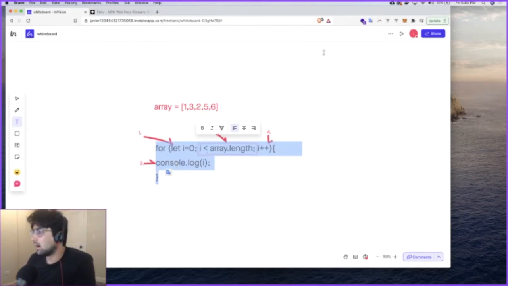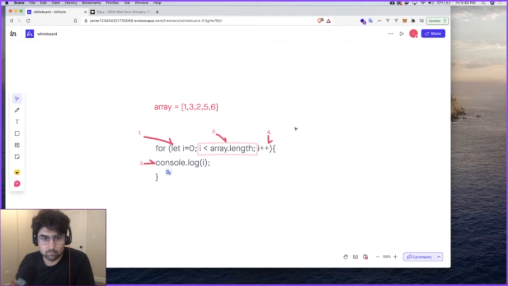So if I is less than array.length, is it going to print all of the numbers? Yeah, it's going to print 1, 3, 2, 5, 6, right? In this case, it's not. No. Okay. You could make it print 1, 3, 2, 5, 6, but in this case it won't. Okay. And yeah, let me explain to you why it won't,